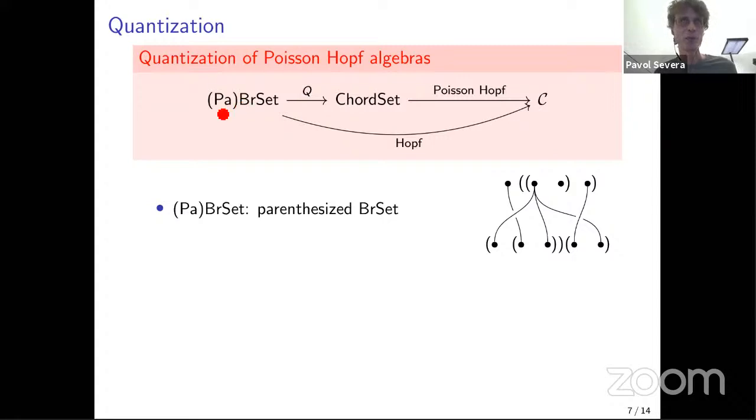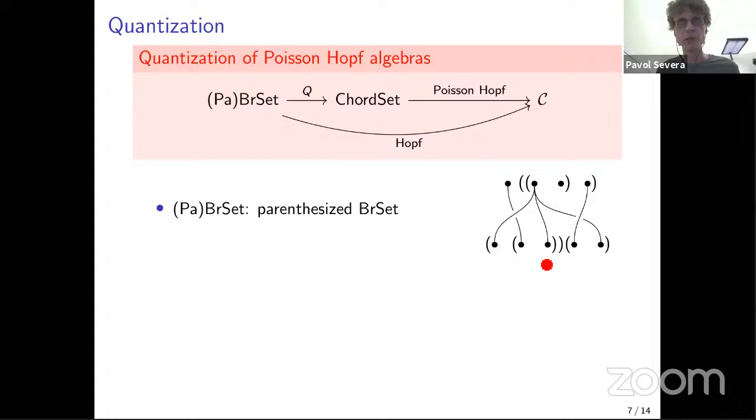So first, let me tell you what that PA braided sets are: they are parenthesized braided sets. It just simplifies that Q. It's a category which is equivalent to braided sets, so nothing changes. I can perfectly replace braided sets with those parenthesized braided sets. Basically, what happened is that it's no longer a strict monoidal category. So now we need to have a parenthesization of each of the objects. As we multiply those dots, we need to remember how exactly we multiply them. But the morphisms just don't care about the parenthesization.